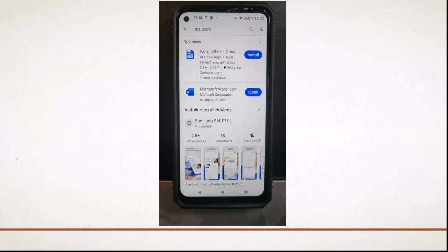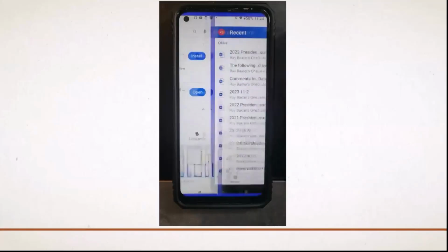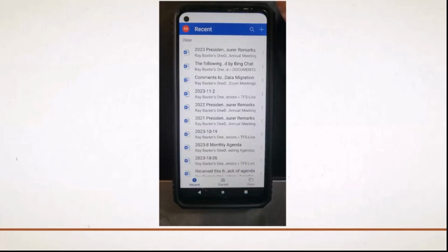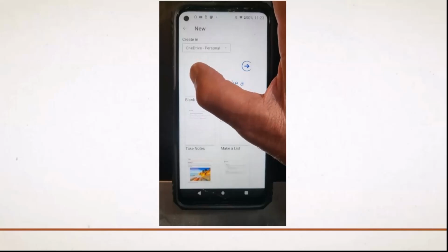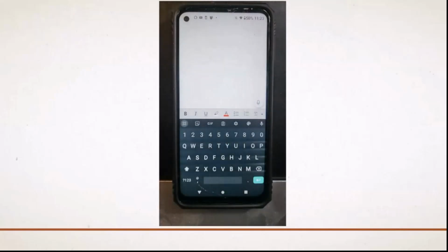All right, I've now installed the app on this phone. I'm going to open it, and I'm going to tap on the plus sign in the upper right-hand corner, and that gives me the opportunity to open up a blank document, which I'm going to do. And now I have the microphone here, and as I tap on the microphone,